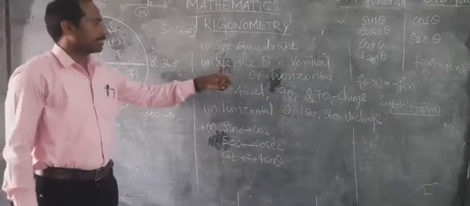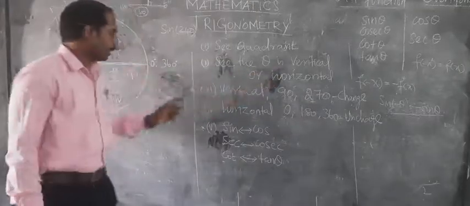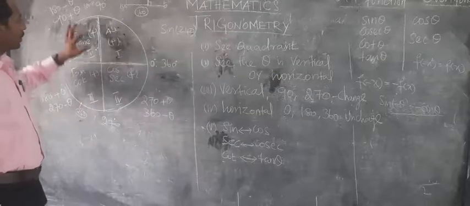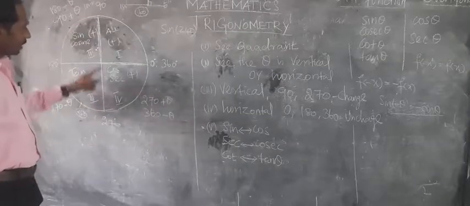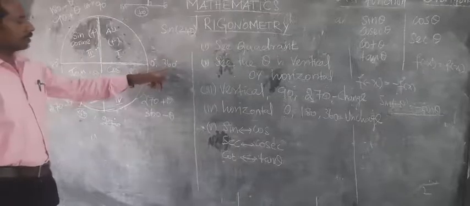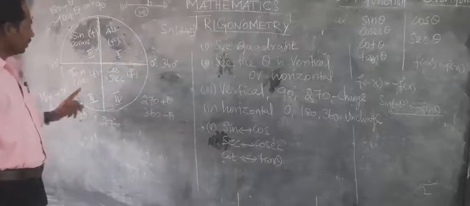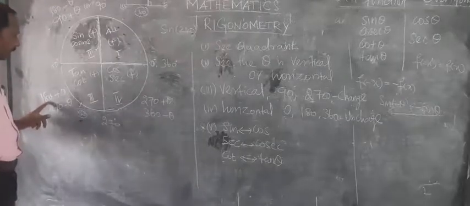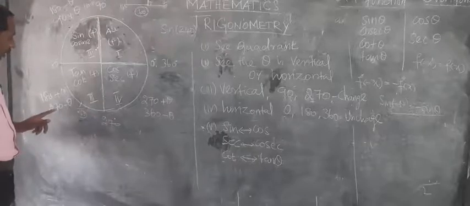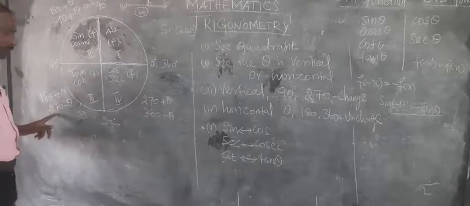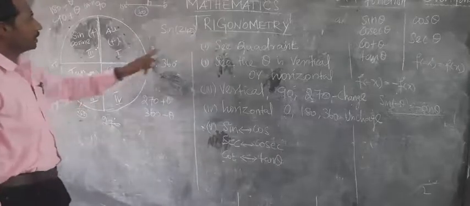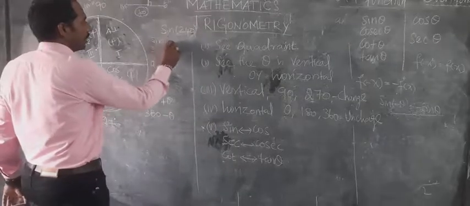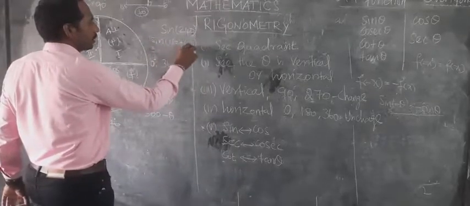Very good. Then see whether theta is vertical or horizontal. Here you have to come to the point. Two ways you can write. What are horizontal and vertical? 90 and 270 are vertical. 180, 0 and 360 are horizontal. So here in the third quadrant, if you want to write the horizontal way, you can write it, or the vertical way, you can write the vertical value. So here 180 plus theta, 180 plus 60, you can write sine of 180 plus 60, which is 240.